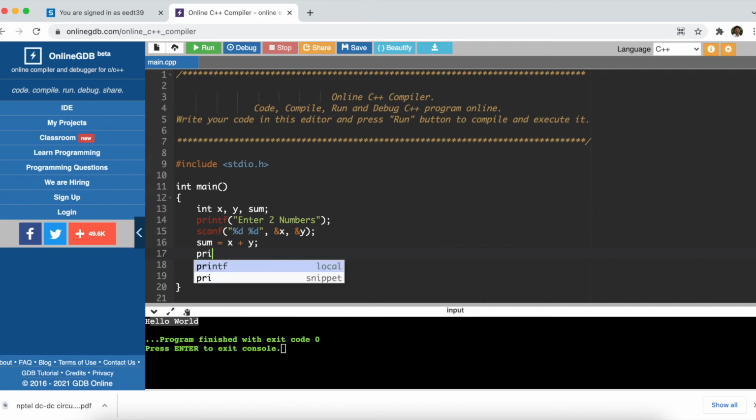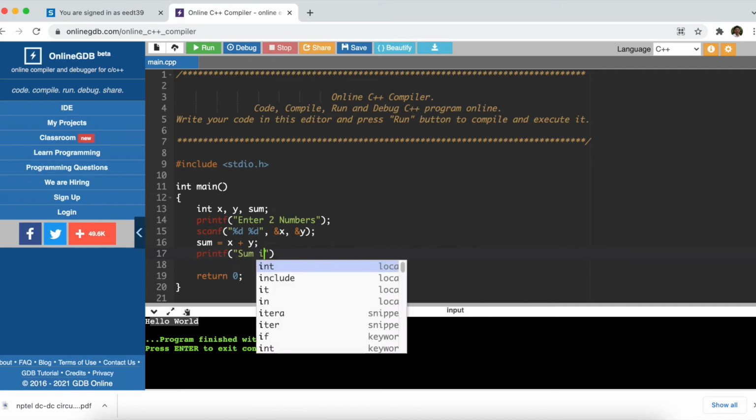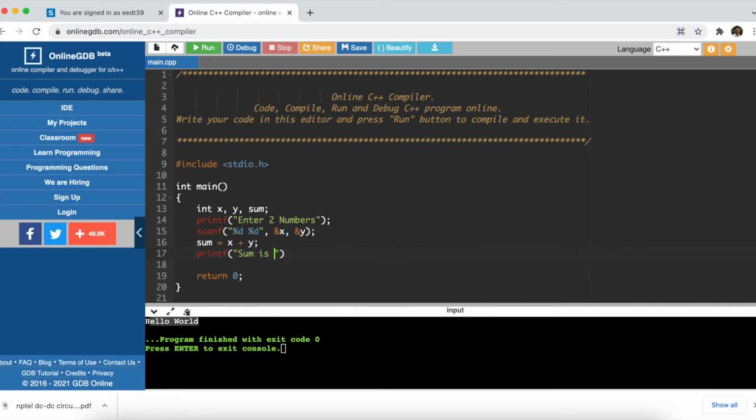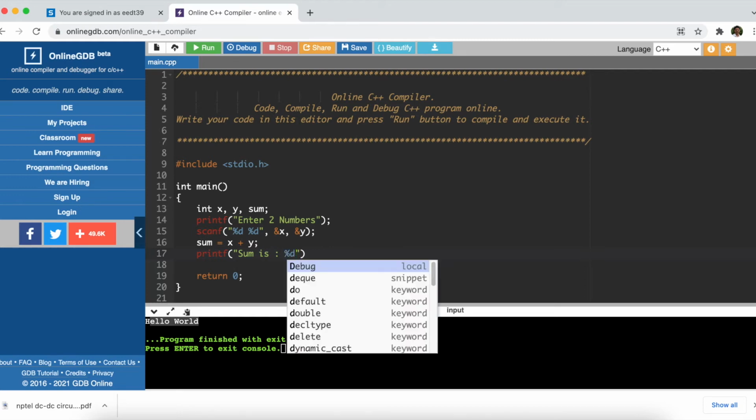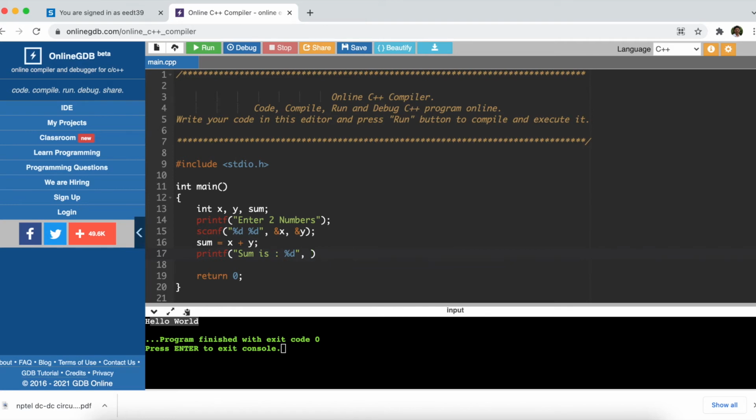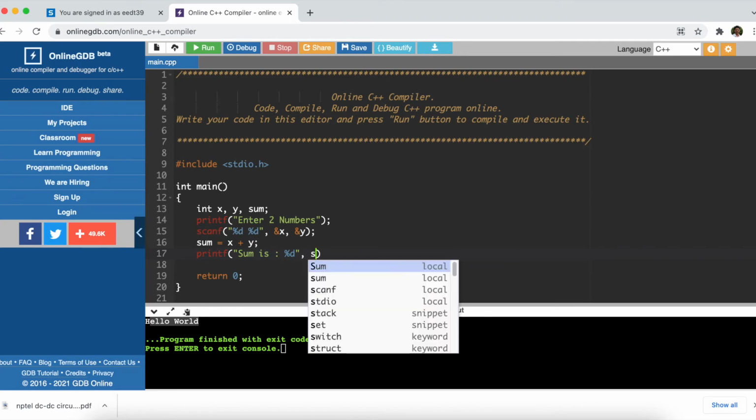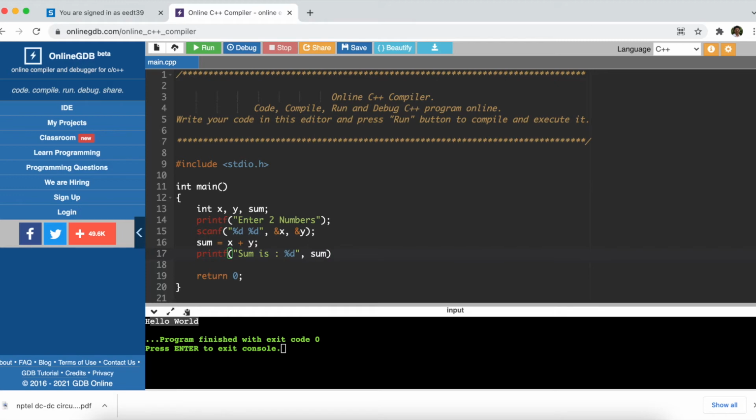So we'll print the output with printf. Sum is, whatever we write in double quotes is printed as it is. We'll give a colon, space and %d. So in %d, what should come and sit? It is sum. So let us build this.